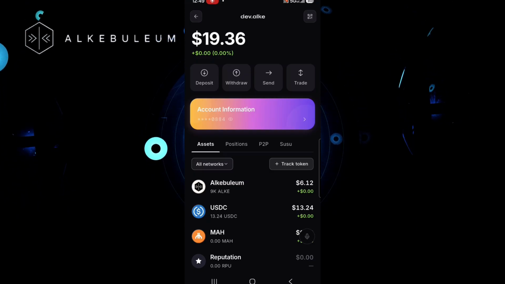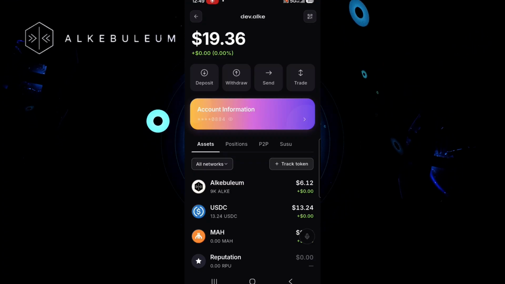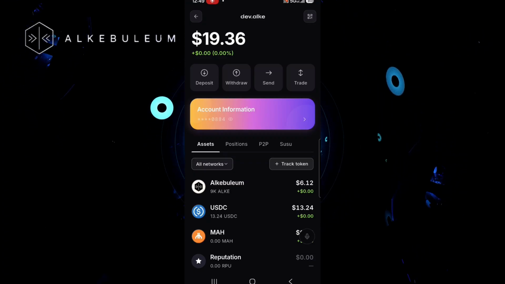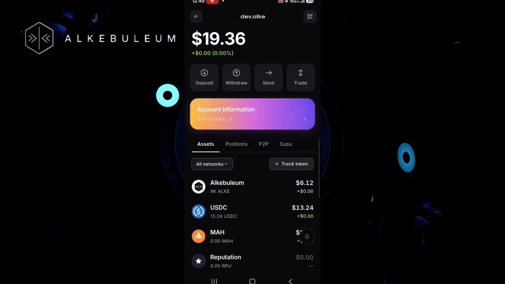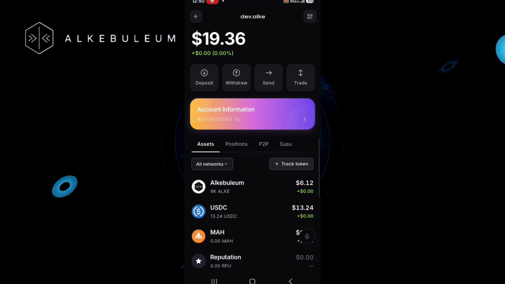Next you have your account information. This gives you information about your account ID, and other information about this specific account. There's a little icon right near this hidden account number. If you click on that, you can see the full account number. This pretty much is your AIN number, and it's also your account ID for your wallet. If you want to see the detail of this account, you click on this little right